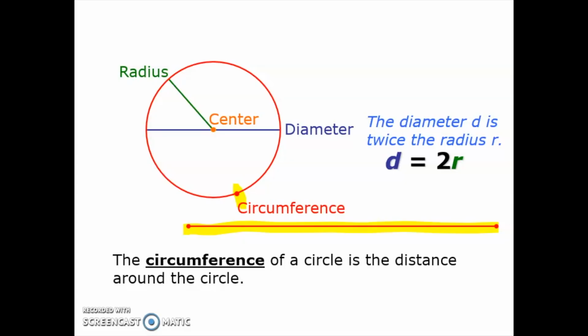And we have a formula for finding circumference. Our formula for circumference is the circumference is equal to 2 pi r, or we can also say that as circumference is equal to pi times diameter. That's really the formula just written two different ways, because remember 2 times the radius, that's the same thing as the diameter. So what we're going to practice doing is looking at some circles and finding their